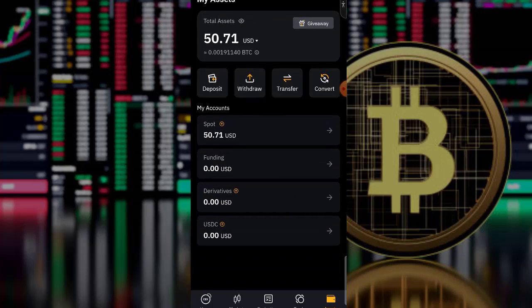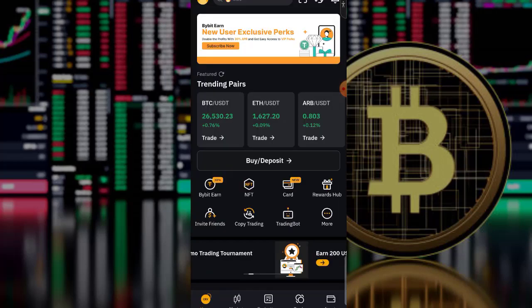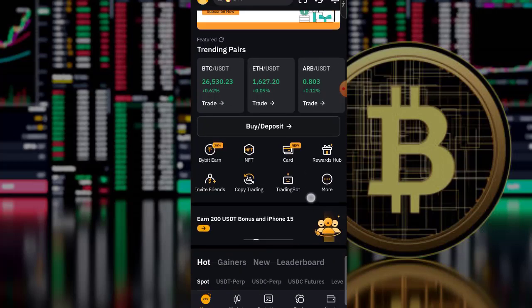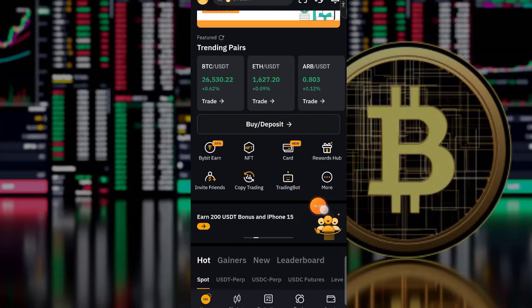So if you're interested in the second method, which is through P2P, then let me go ahead and show you, and this can work for any country of the world, right? So if you want to make a deposit through P2P, all you have to do is to come over here